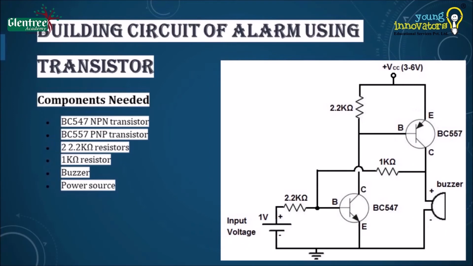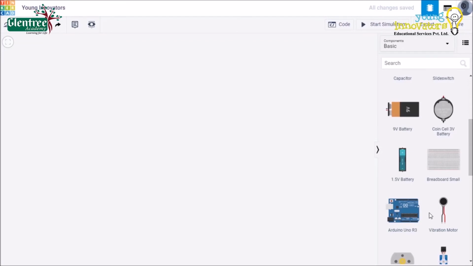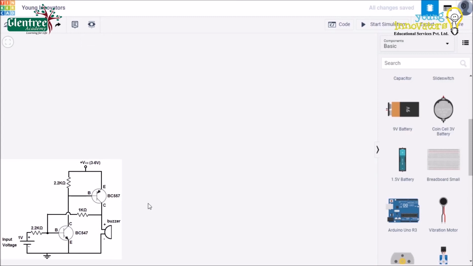Let us build a complex circuit now and check the output using transistors again. So our next circuit is an alarm circuit using a transistor. Let us go back to the workspace on Tinkercad and build the circuit and check the output.